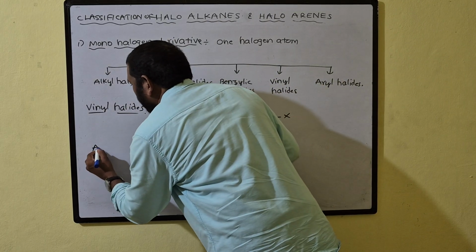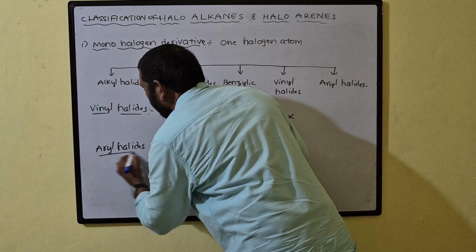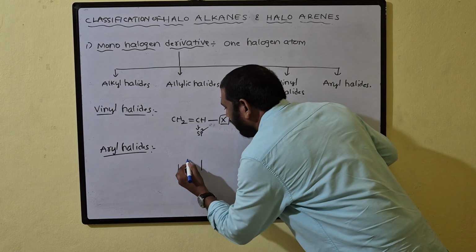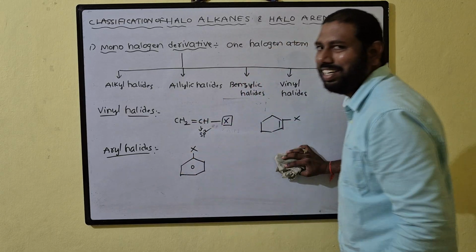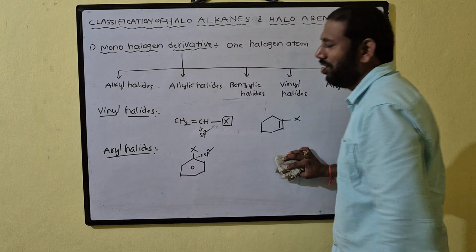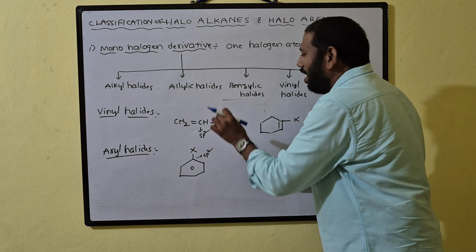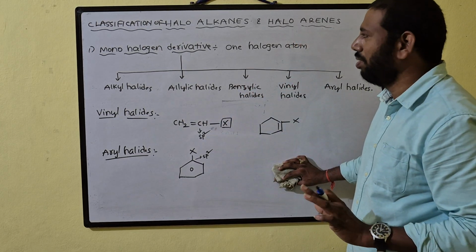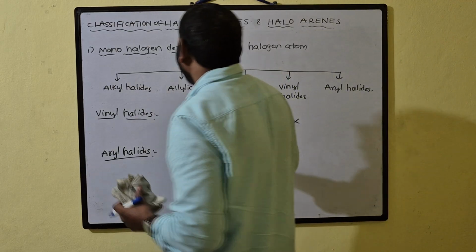Now aryl halides. In aryl halides, the halogen is directly attached to a benzene ring, and also directly attached to an sp2 carbon. In aryl halides, the halogen is directly attached to a benzene ring. In vinyl halides, the halogen is directly attached to a double bonded carbon. So in this way we can explain